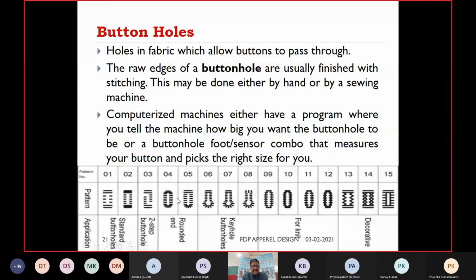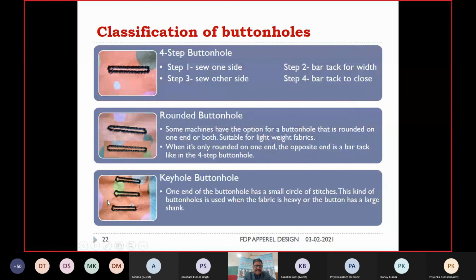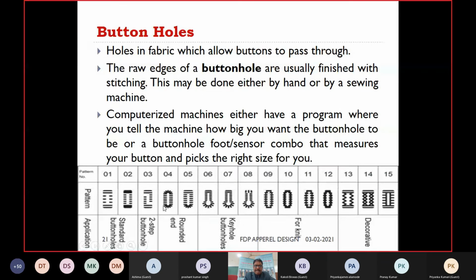This is the pattern. This is the hole. This is the pattern of the stitching, and all are given names, decorative and so on. Accordingly, as per your garments, normally in shirts you find very simple buttonholes, like this, one or two categories, this 4-1 type. So this layout will decide, in respect of the holes, the size of the holes in respect of the size of the button, and that will decide the strength provided by this joining, by these closures in the garments.